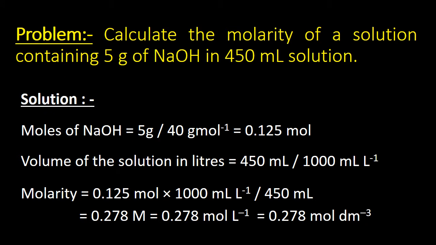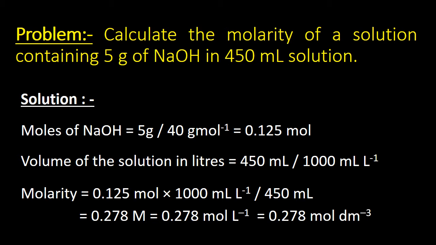So based on molarity, the problem is like this. Calculate the molarity of a solution containing 5 gram of NaOH in 450 ml solution. Here we need to calculate first the number of moles of NaOH. Number of moles can be calculated by mass by molar mass. Mass of NaOH is 5 gram and molar mass of NaOH is 40 gram per mole. The number of moles of NaOH is 0.125 mole,